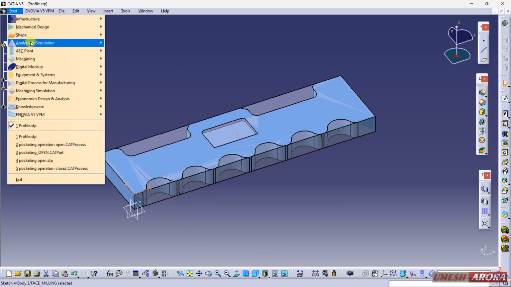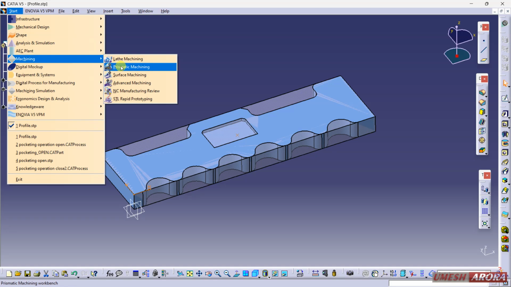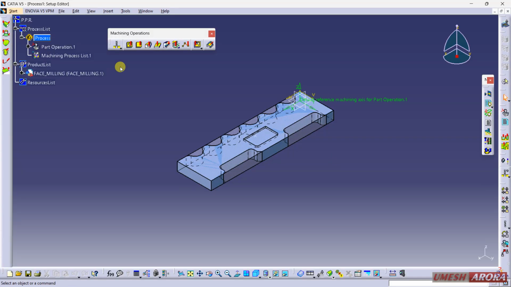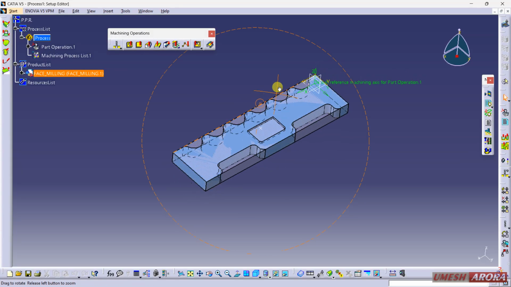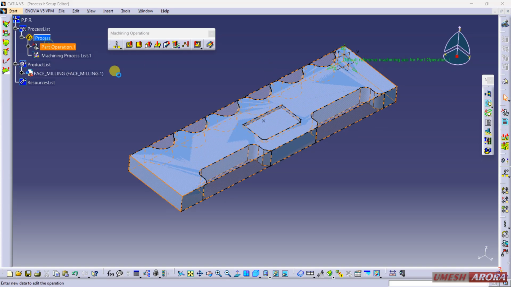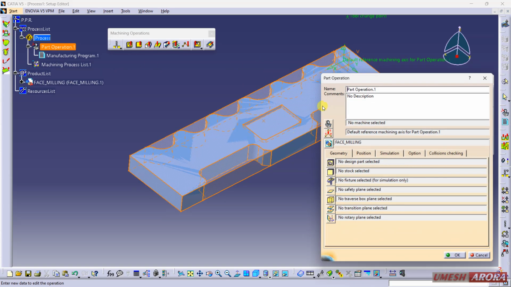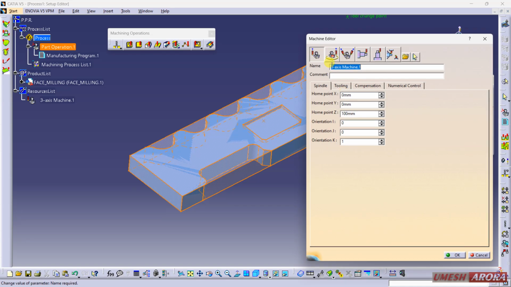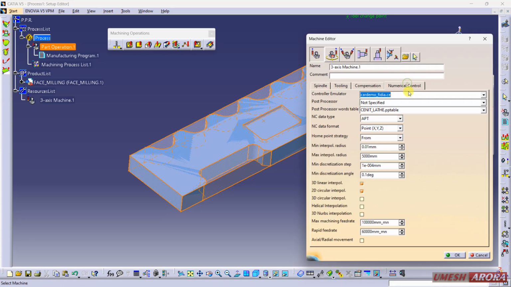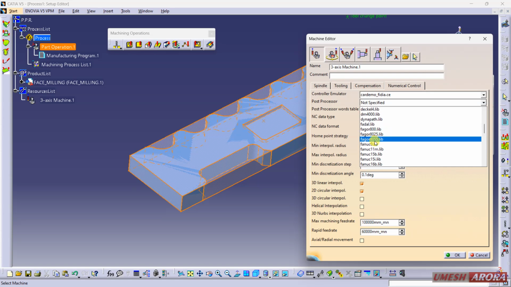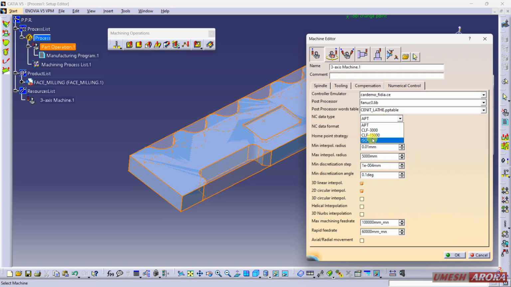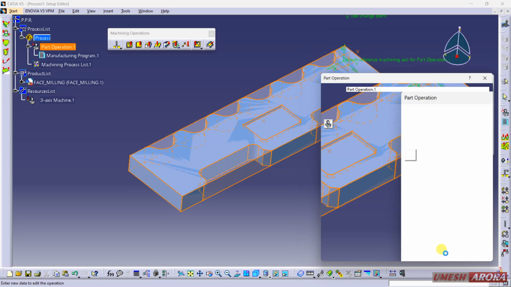Now go to machining and start prismatic machining. Here double click over part operation and first machine. My machine is a 3 axis machine, and under numeric control I am using Fanuc and ISO code, and OK.